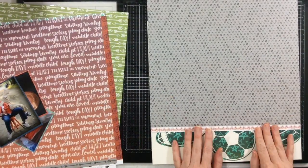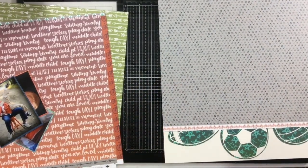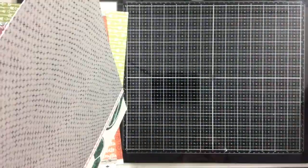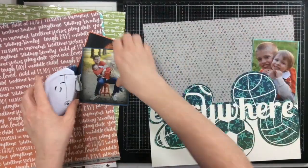So I want to take this gray paper and I want it to come down to the cut file, but I don't want it to go past the cut file. So I'm just going to measure it and decide where it needs to be trimmed up and then adhere it to the paper. And now we have everything down, and I'm going to go ahead now and just add my